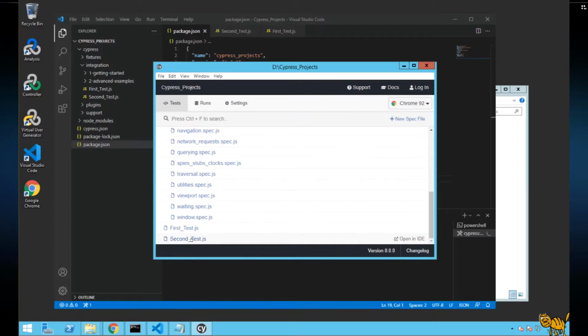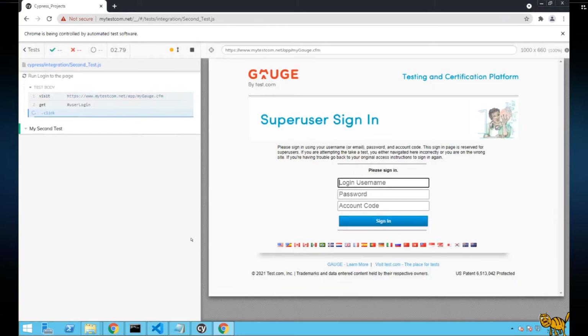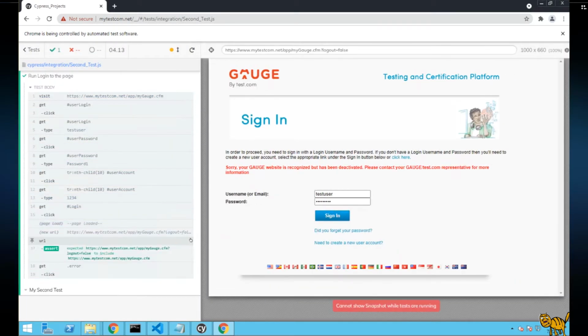So here's our second test. Let's see. Here we go. It just successfully executed. So let's check for some assertion. Let's say we want to make sure this fails and assert that specific text. So let's close the browser,